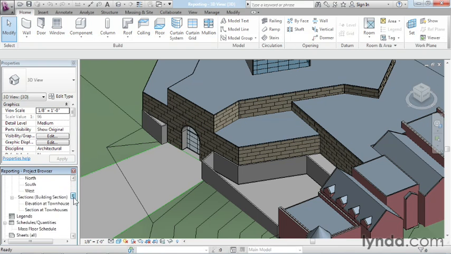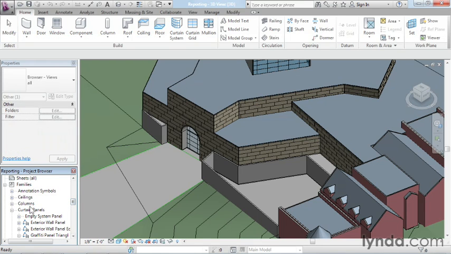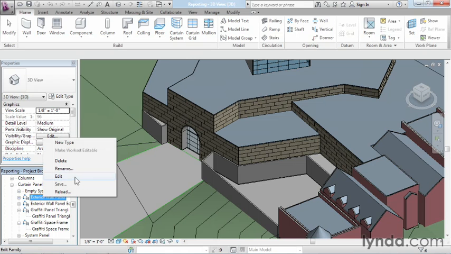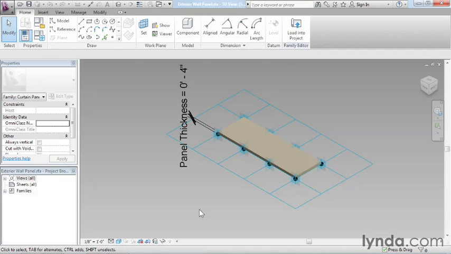Now let me scroll down. Here on the project browser, I'm going to go to families and notice that as a consequence of that, all of the curtain panels are actually listed here. For this movie, I'm just going to focus on the stone panels here, the exterior wall panel and the exterior wall panel edge. I'm going to right-click one of these and choose Edit, and that will open that panel in